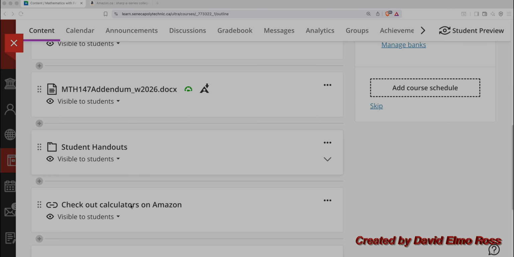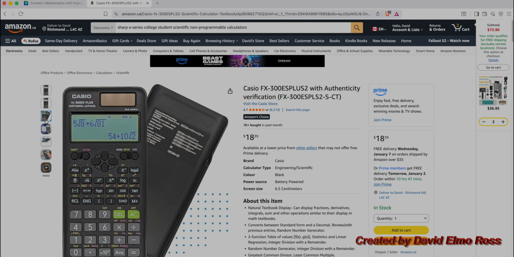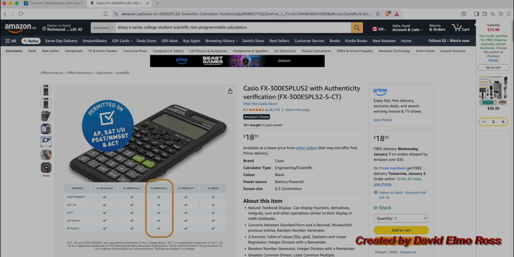Now, if we check out calculators on Amazon, we're going to find a number of different calculators in various ranges and so forth here. And you can find a Casio one here, and you can find out various things in here about how it looks and so forth. And also you're going to find on this particular one that it's permitted on SATs and PSATs and all sorts of stuff. So this is one that you're never going to have any trouble with, and it's fairly cheap, but you have to make sure it's going to take care of what you need it to do in terms of